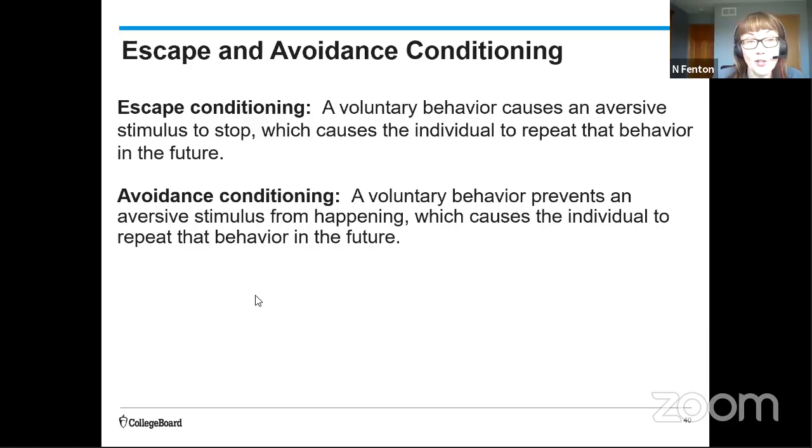And you decide, you've learned that if you drink Gatorade or drink water, that headache goes away, right? So you have learned to escape the headache essentially by the voluntary behavior of drinking the sports drink, right? So that's escape conditioning. With avoidance conditioning, it's kind of like a preemptive strike, right? It's a voluntary behavior that prevents that aversive stimulus from even showing up in the first place. So now before you go on that really long run, you drink the sports drink ahead of time so that the headache or the dehydration that could occur from running or being in the heat doesn't occur in the first